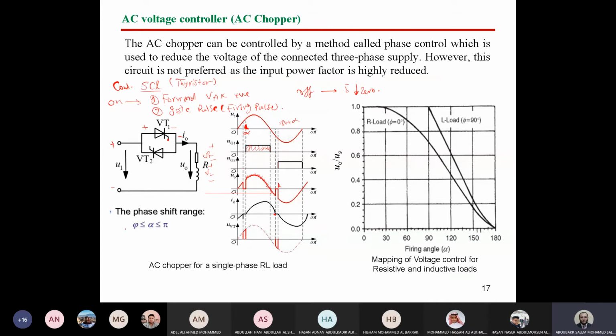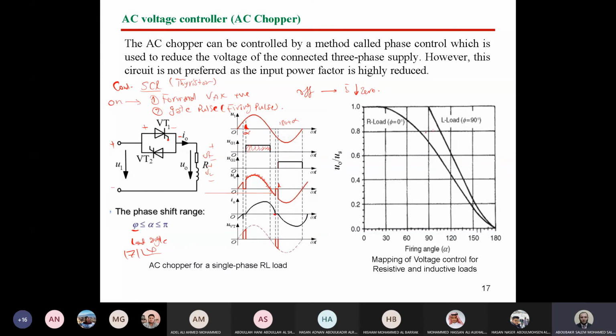What is this angle? This angle we call phi. What is phi? Phi is nothing but the load angle, which is the impedance angle. You know, for any impedance, it's Z as absolute value on angle phi. So this is the angle that you should consider when you fire a thyristor. Okay? Now here